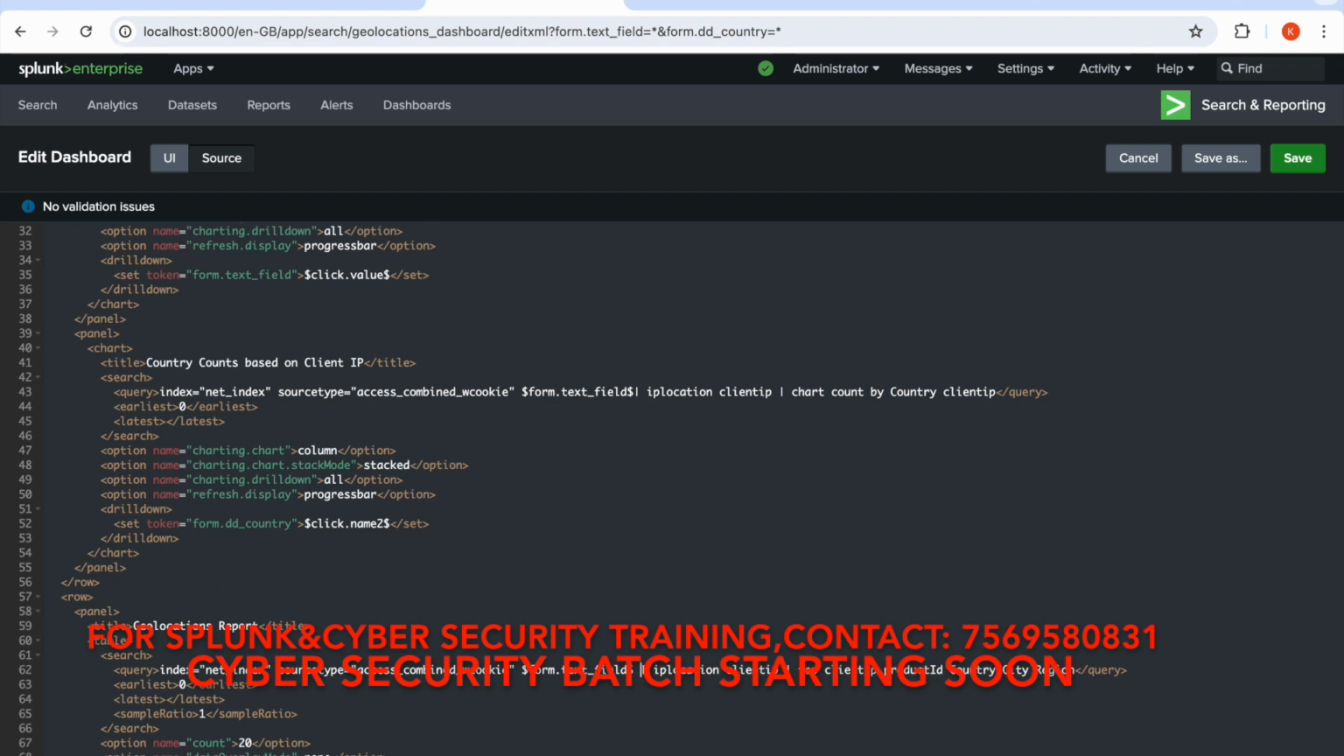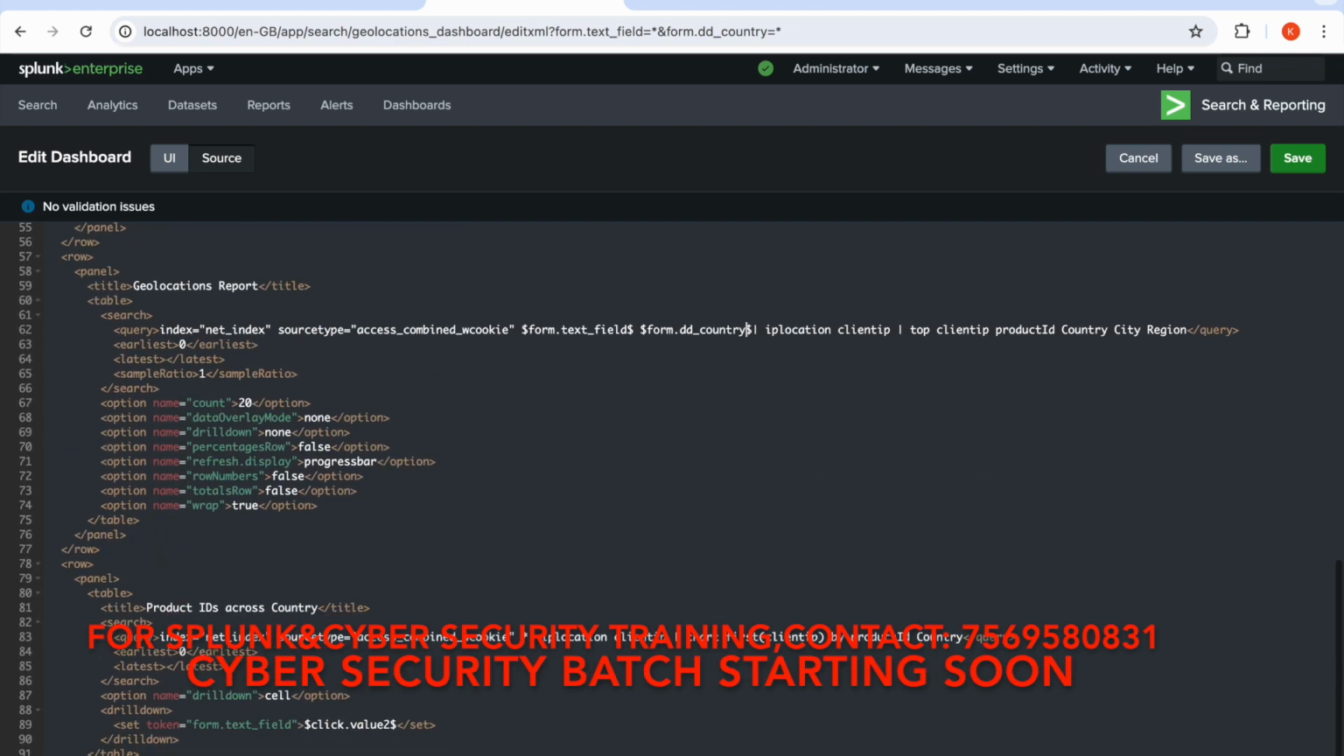So I have to enclose it between the dollar symbols like this, and give the token name form dot dd underscore country, the actual token name. Okay, so like this, and I won't disturb this one. In these two panels we'll be getting the values. If I drill down there and click the particular country name, the associated client IP will be triggered, and it will select these particular values. If I click on save over here,